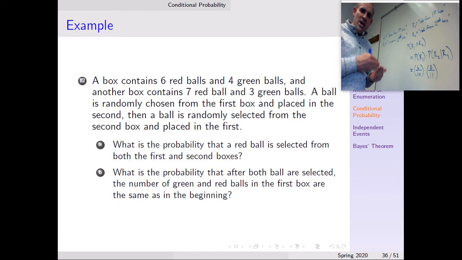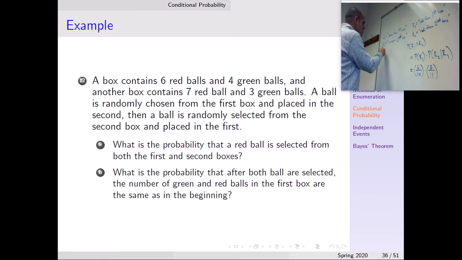Because if I chose a red first, and then the number of reds goes down in the first box, and then I transfer a green over, I'm not going to have the same number of reds in the first box. I'll have one less red and one more green. And a similar thing happens if I select a green first and then a red second, okay? So